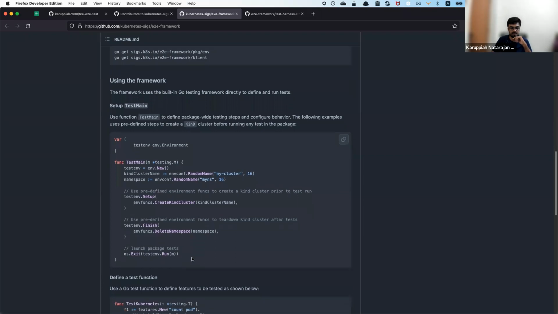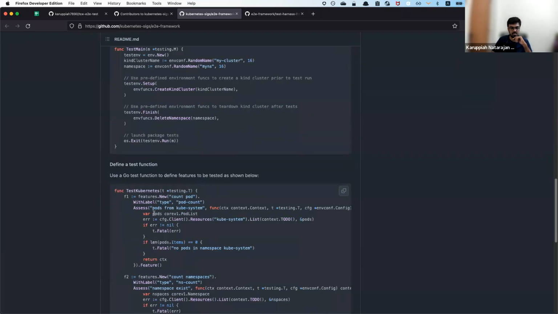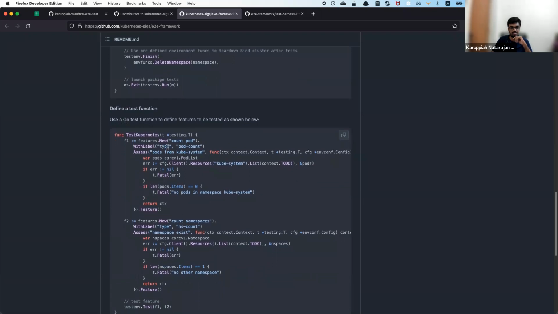Then define a test function, features new, count pod with label. Okay, that's in Dart. Okay. Features new, count pod with label, type pod count, assess pods from kube-system, and then context, and then config client resources kube-system list, to do pods, and then zero, no pods, return context.